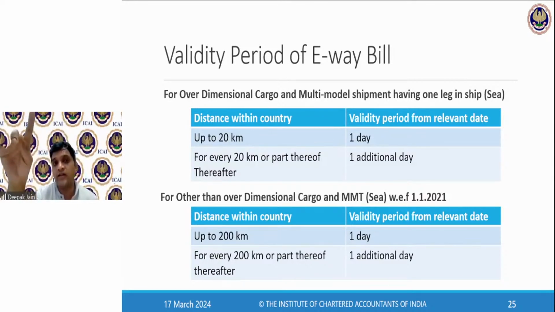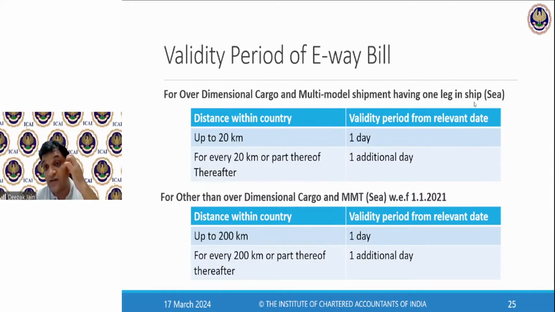going through the land is not possible because my goods are very huge. So I will transport from Bangalore to the nearest port. From that port, it will go by ship to a port in Gujarat. From the port, it will go to the city where I want to ship it to. Here, there is transportation by road, then transportation by ship, and then again transportation by road. So that is satisfying the condition of multimodal shipment.